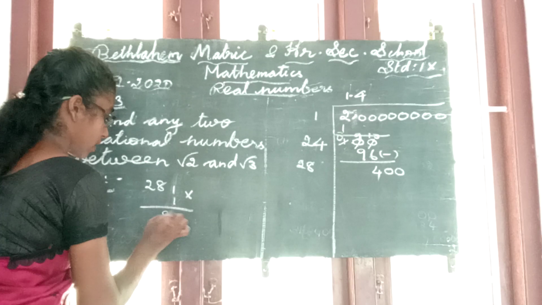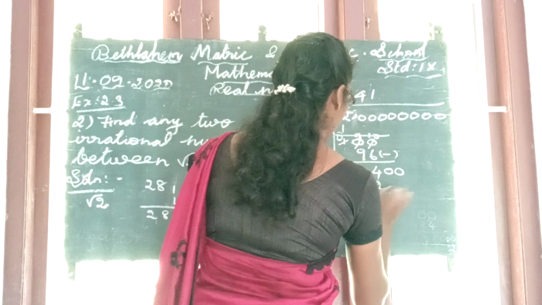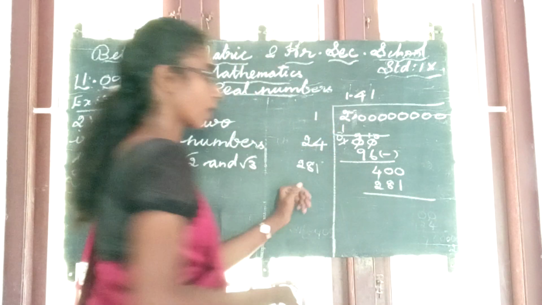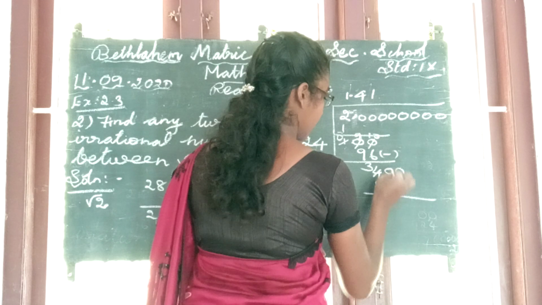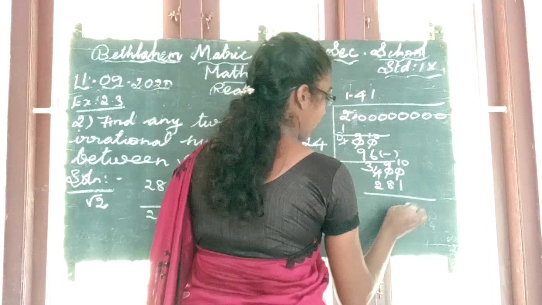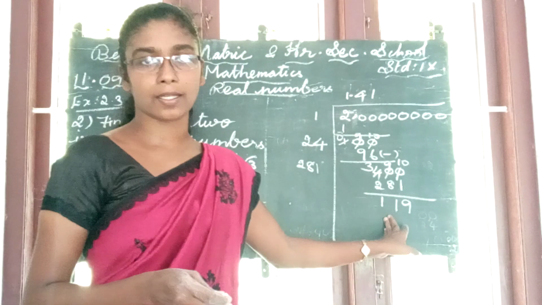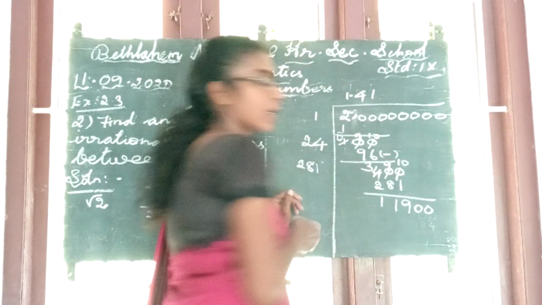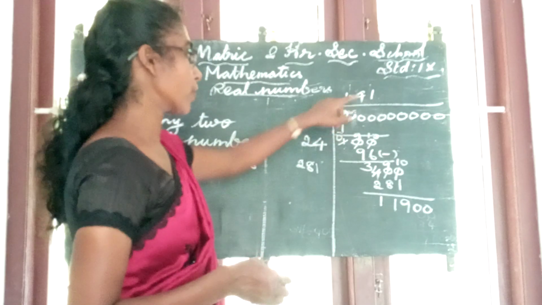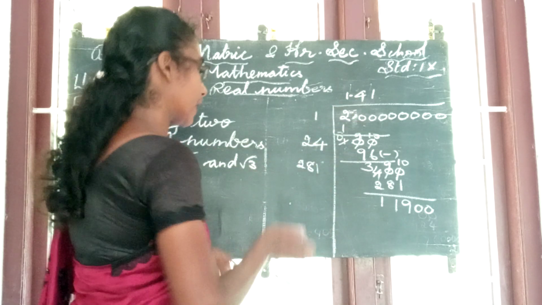1 is 1, 8, 2. So here also 1, here also 1. You are getting 2, 8, 1. Next, here 3 will be there. Here 9, 10. So 9, 1, 1. So 119 is remaining. Next, what do you have to do? Yeah, very good. Next, take two digits down, 2 0. Then the quotient you have to multiply by 2. 141 into 2, 282.